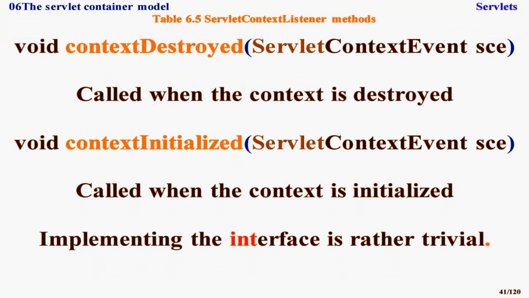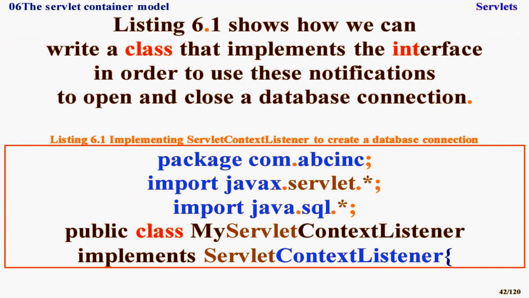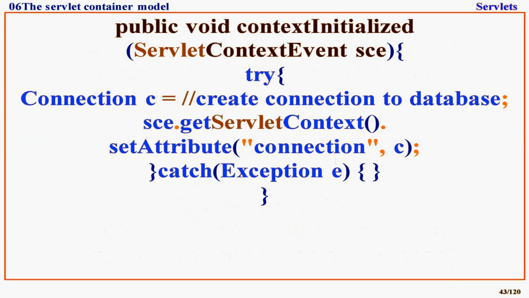Implementing the interface is rather trivial. Listing 6.1 shows how we can write a class that implements the interface in order to use these notifications to open and close a database connection. Listing 6.1 Implementing ServletContextListener to create a database connection. package com.appsync; import javax.servlet.*; import java.sql.*; public class MyServletContextListener implements ServletContextListener { public void contextInitialized(ServletContextEvent sce) { try { Connection c =